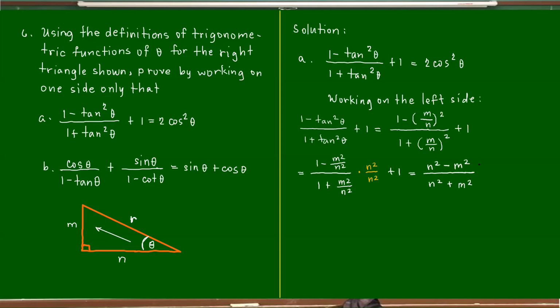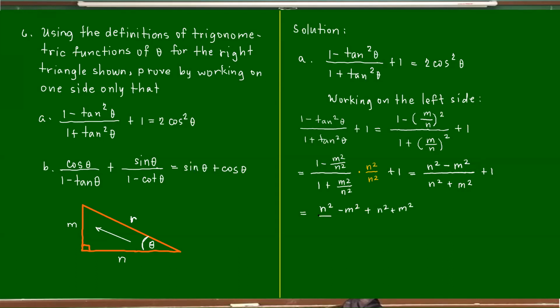Then plus 1. Get the LCD. What's the LCD? N squared plus m squared. So getting n squared minus m squared plus n squared plus m squared,